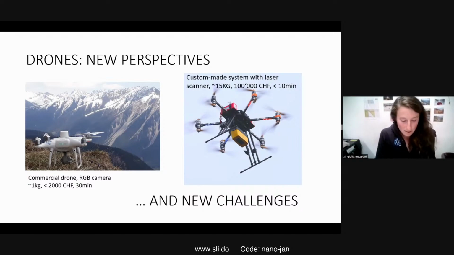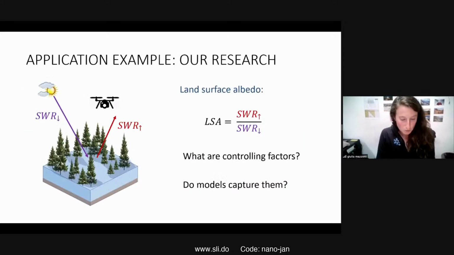So now we're set up to look at a bit of science and how we have applied this new opportunity that drones are bringing to our research. So to illustrate the problem, here we have our complex forest structure, and we want to understand the land surface albedo, which is given as the fraction of outgoing shortwave radiation divided by the fraction of incoming shortwave radiation. And so our idea was to use a drone to perform measurements that would allow us to disentangle the different factors that control land surface albedo. And then like that, we would have a data set that would allow us to check if the model captures